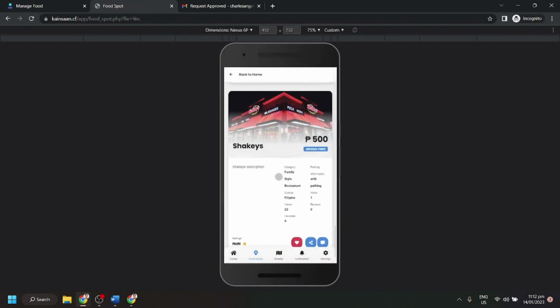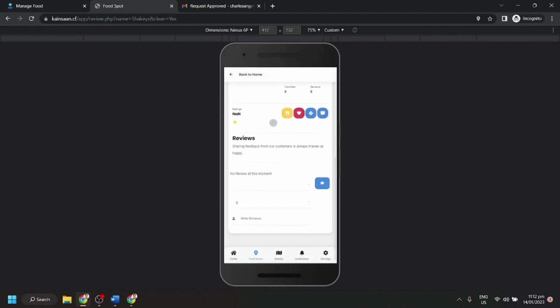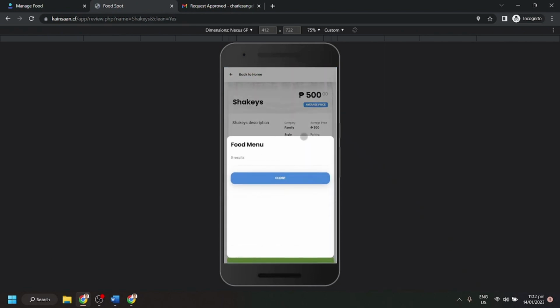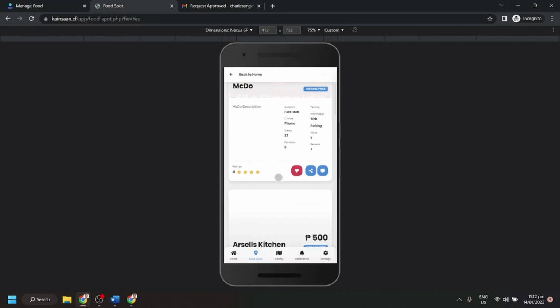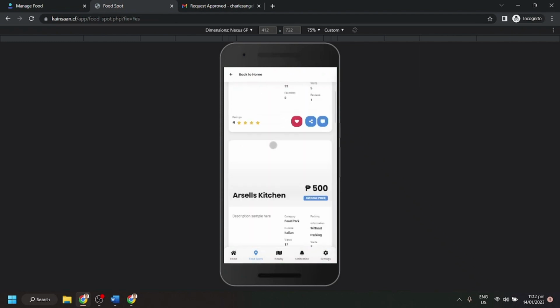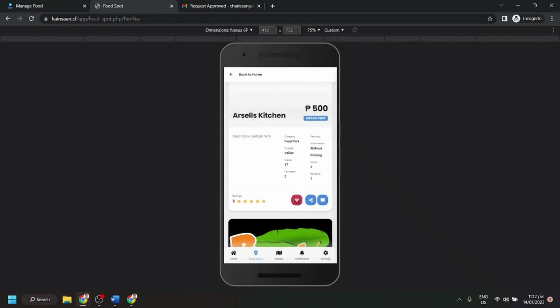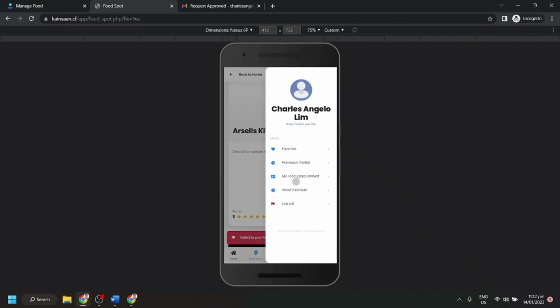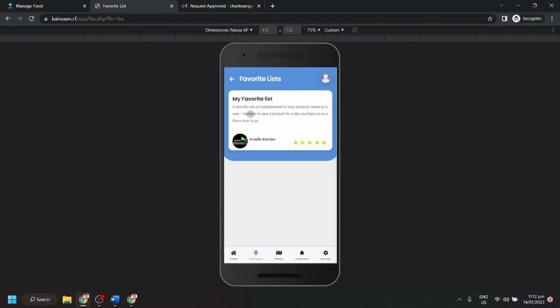So let's check our food spot. Show the menu, and there's no menu again. You can still like or add favorites to your favorite food establishment. So here in the favorites, you can see that we've added the